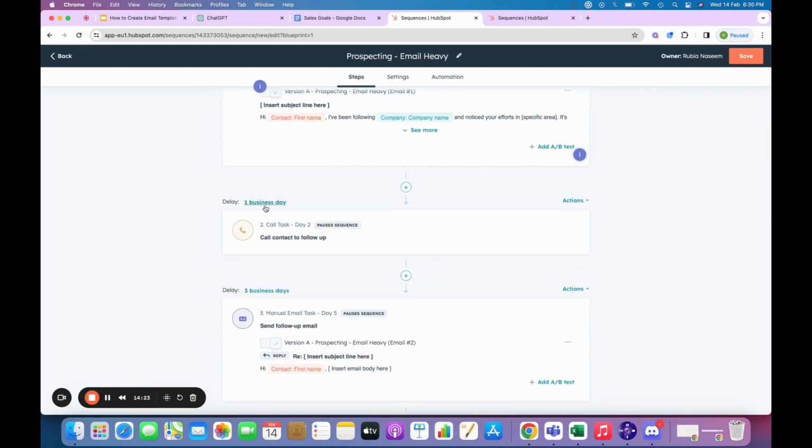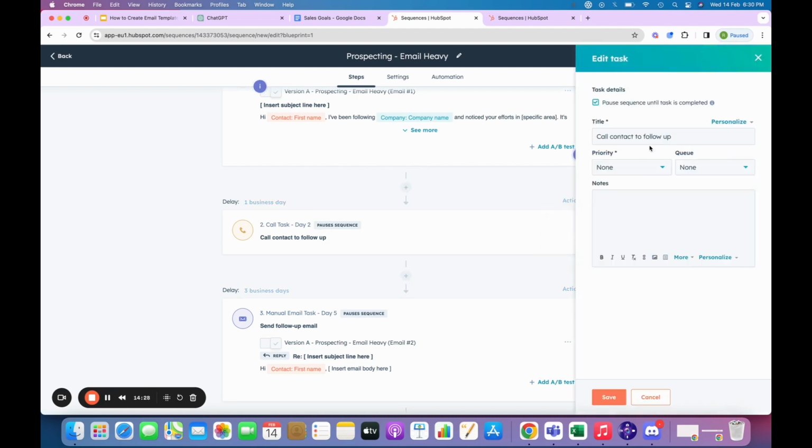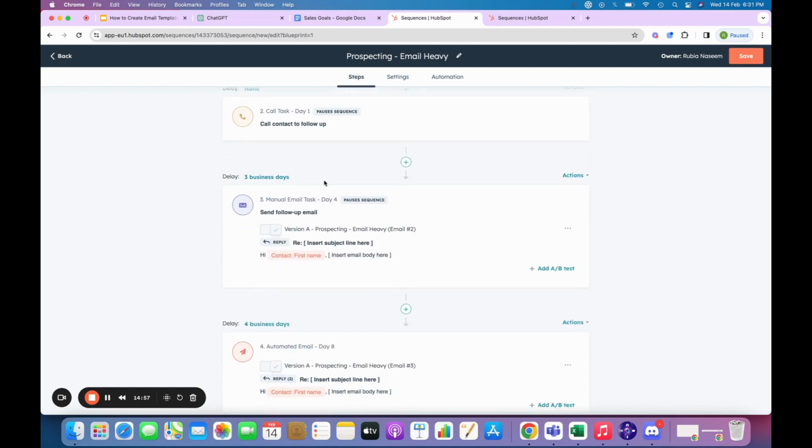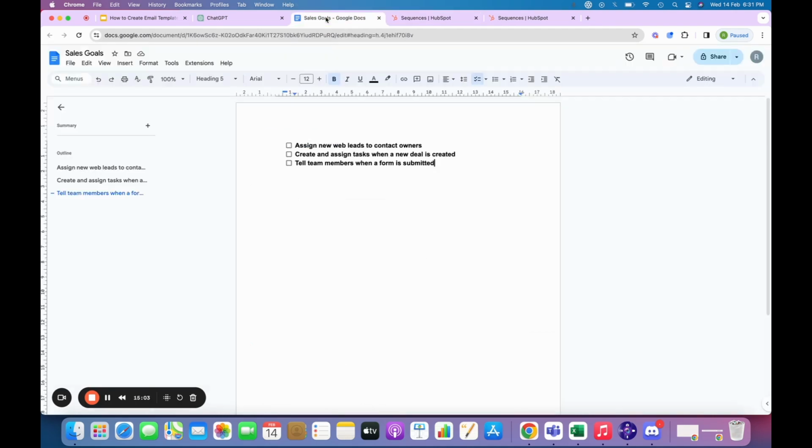So the second one, after one business day, there will be another task which will have the title call contact to follow up. You can just have it as low, medium priority. And if you wanted to create a new queue, you can create that as well. If you wanted to add in some notes to your sales team, you can do that as well. This can happen after a delay of one day, or if you just wanted it to happen immediately, you can do that as well. Then after a delay of 3 days, another follow up mail goes to the particular prospect,